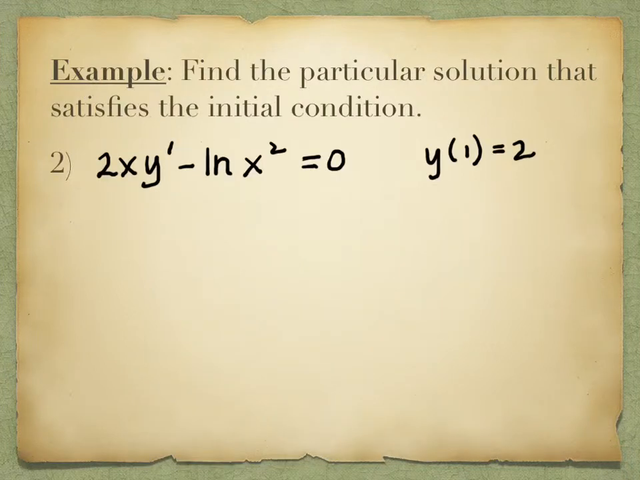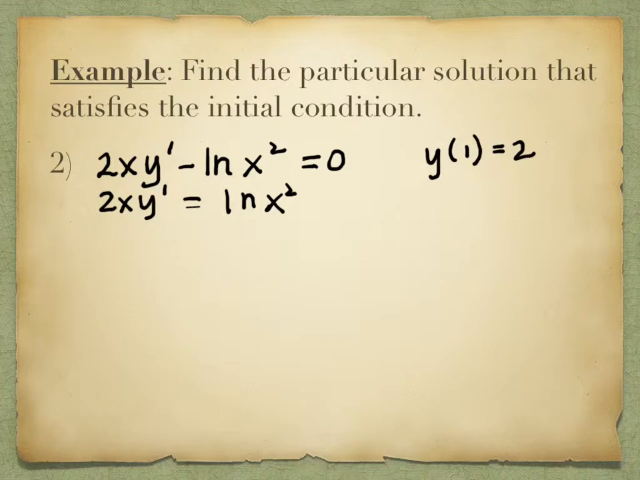Now our next example actually does have the ability to find out what c is. So we have our differential equation, 2x y prime minus the natural log of x squared equals 0, and then we know that y of 1 equals 2. Alright, so the first thing that we need to do is to isolate those variables. So on the left hand side I'm going to keep my y's, and on the right hand side I'm going to move all my x's. So this is going to be 2x y prime equals natural log of x squared,